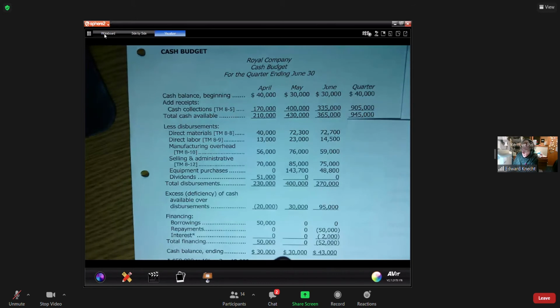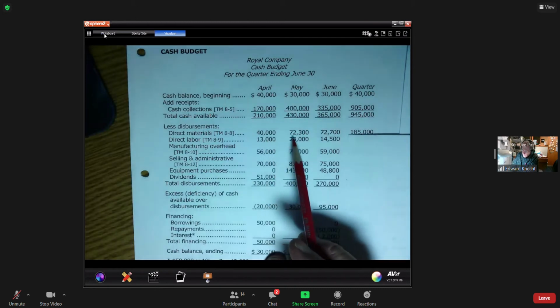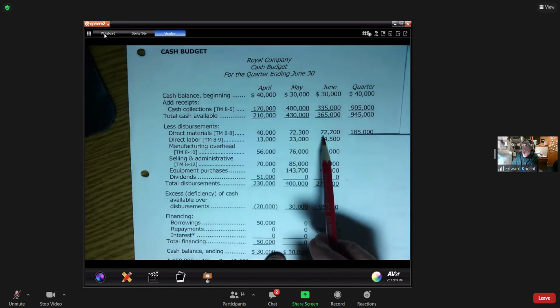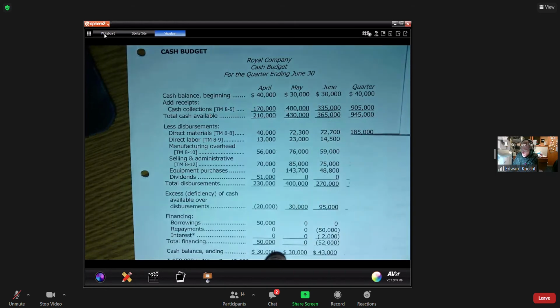We don't write a check to Mr. Depreciation. So we can add these across. 40,000 plus 72,300 plus 72,700, we get 185,000. The next is 50,500. Manufacturing overhead in total is 191,000 for the quarter,